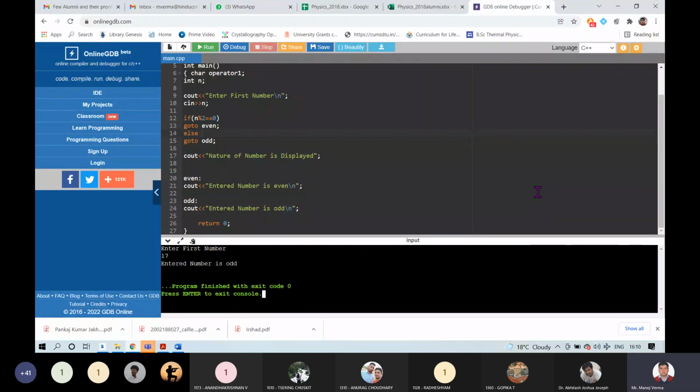Another example of this go to: can you tell me any question in which we can use this go to statement? Can you define a problem in which we can use this go to statement?